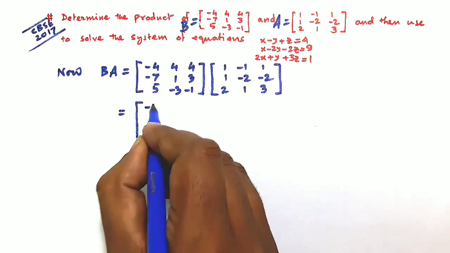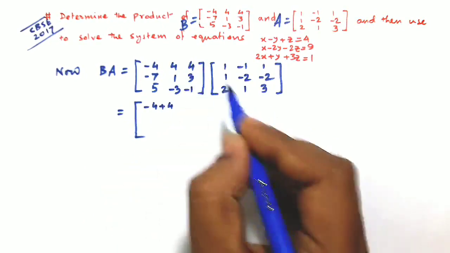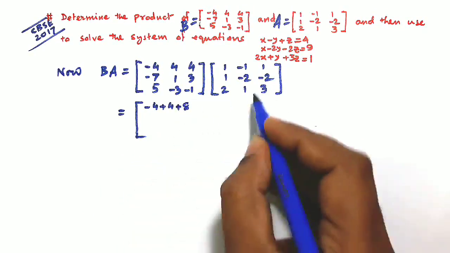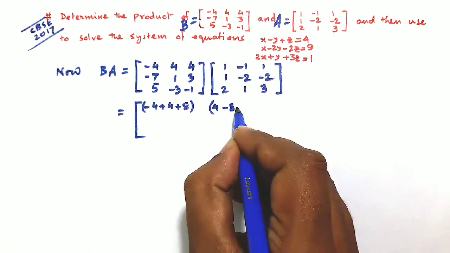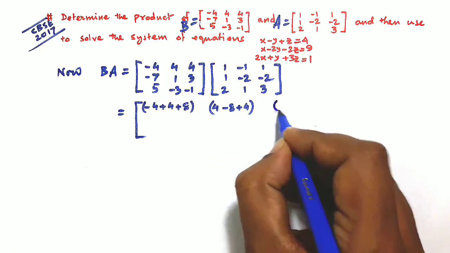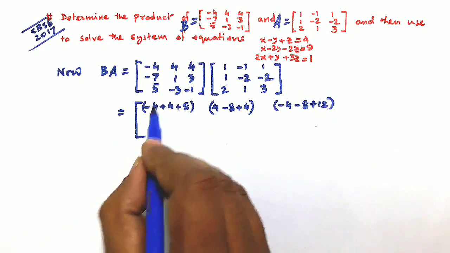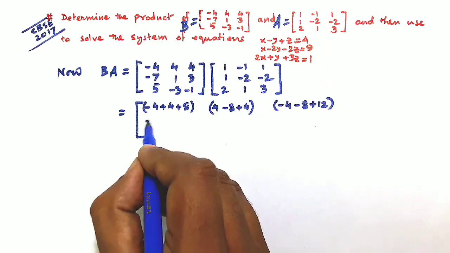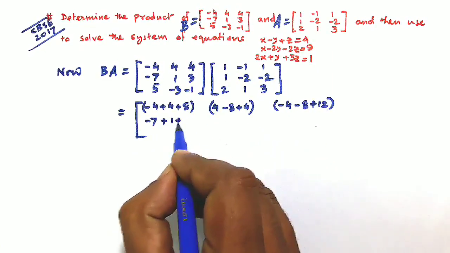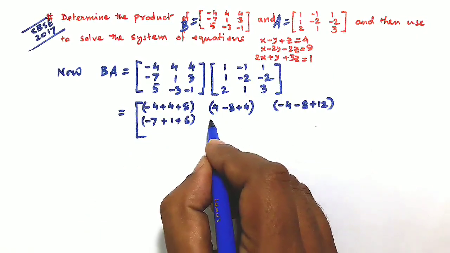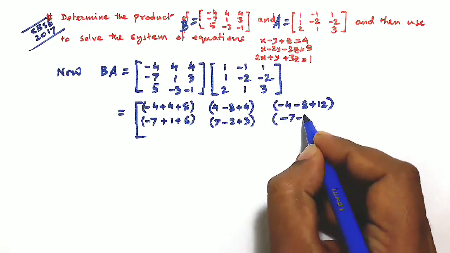Minus 4 into 1, that is minus 4, plus 4 into 1, that is plus 4, 4 into 2, that is 8. In this way, the second element will be 4 minus 8 plus 4. Next element minus 4 minus 8 plus 12. Next element minus 7 into 1, that is minus 7, 1 into 1, that is 1, 3 into 2, that is equal to 6. In this way, the other elements: 7 minus 2 plus 3, minus 7 minus 2 plus 9,